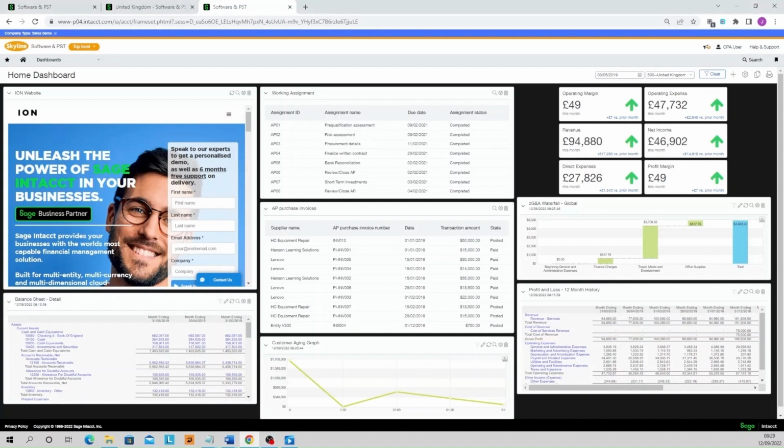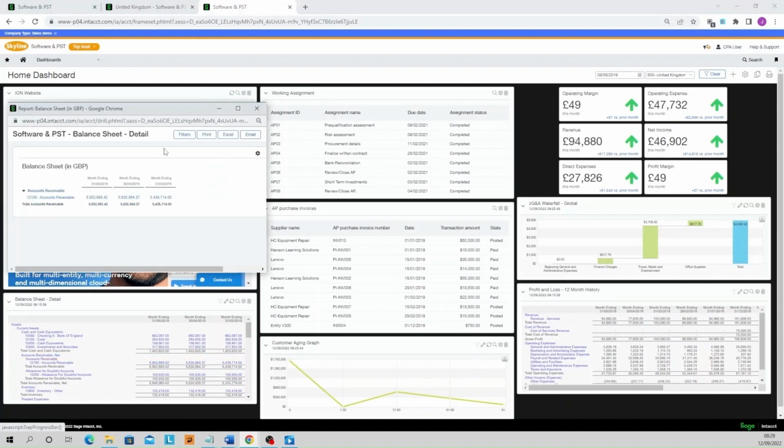One of the features that I really like about Intacct is that quite often we'll find reports have hyperlinks built in. So for example, in this balance sheet here, we can see that we can click into the accounts receivable account group. This then provides us with a pop-out window so that we can analyze the data in a bit more detail. We can then click on the actual figure,